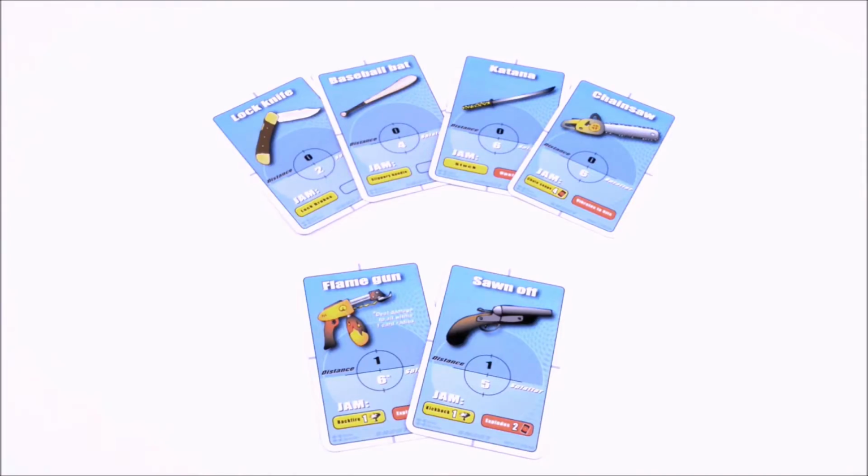There are three basic types of weapons: close combat, short distance, long distance. Here we see close combat and long distance. The upper number inside the crosshair shows the distance in which the weapon works. The white number underneath shows the amount of splatter cards to be dealt to your opponent. The knife, for example, only works if you are standing next to your opponent where it deals 2 splatter cards